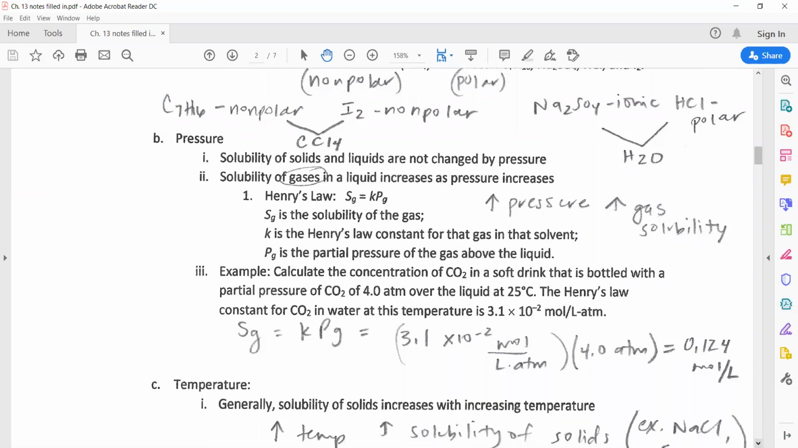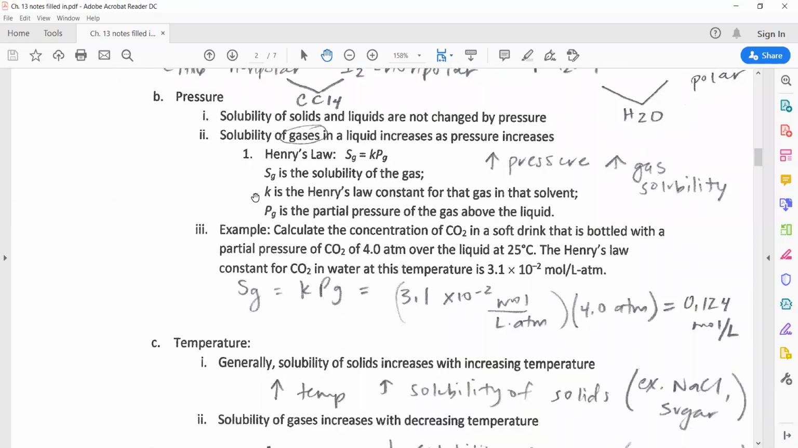Pressure is another factor that can determine solubility, meaning how much will dissolve. So here what we know is solubility of solids and liquids are not changed by pressure. So no matter how much pressure you provide, it won't change the solubility of the solids